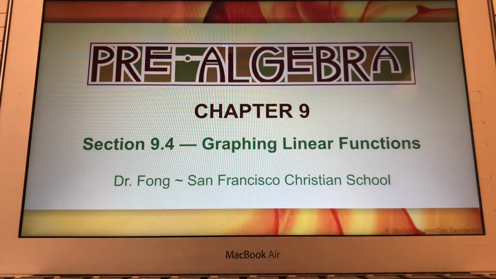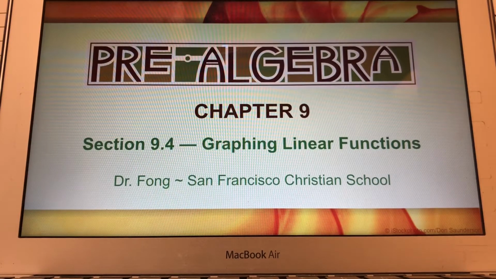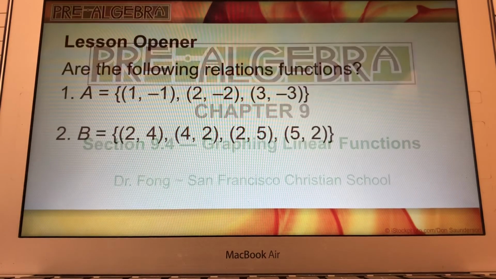Here we are. We're going to continue with section 9.4, graphing linear functions. So, graphing a linear function in a coordinate plane can give us a visual understanding and help us to understand some of the characteristics of a certain function. Some of us may be able to picture things a whole lot better by seeing a graph or a picture of some sort. First, let's review though